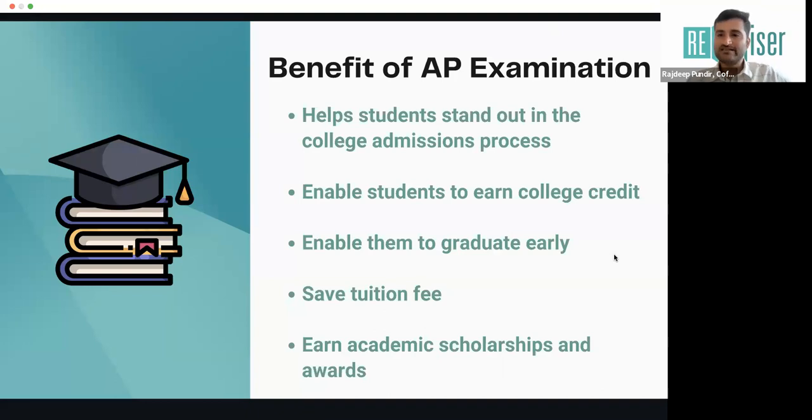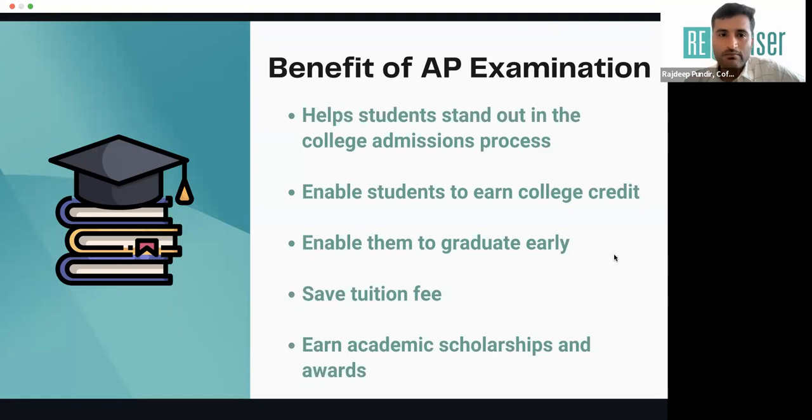So that's one of the reasons. If you're coming from a CBSE, ICSE, or any state board background, if you want to compete with the international curriculum students or come at par with those curriculum students, then there is always an advantage if you do an AP course, because you end up earning college credits, because otherwise you don't get any college credits for your CBSE, ICSE, ISC curriculum at all. So that's one of the important things why students coming from national board need to think about AP very, very seriously.